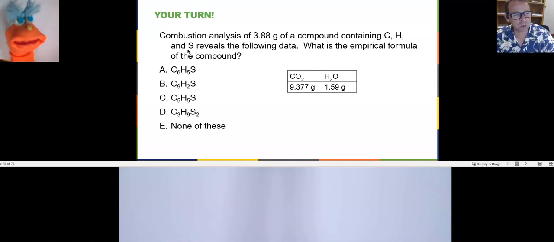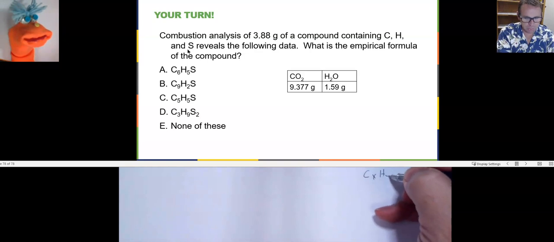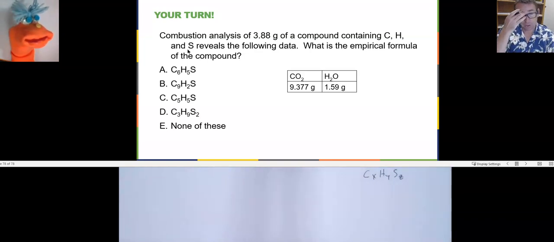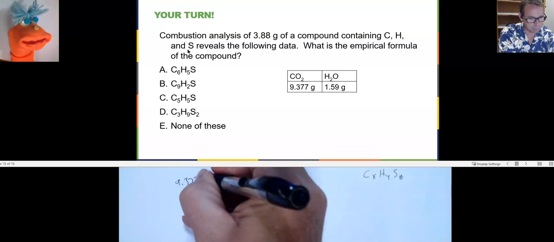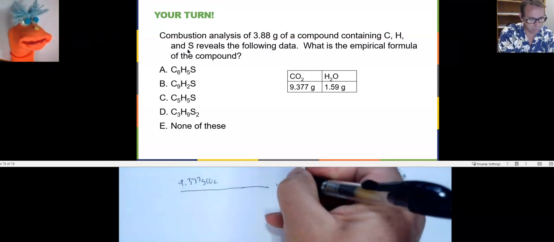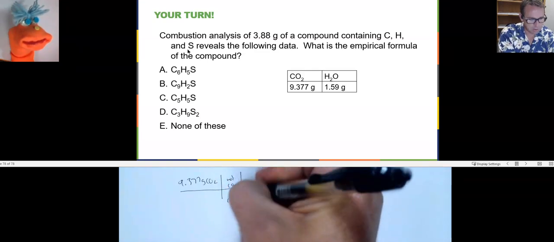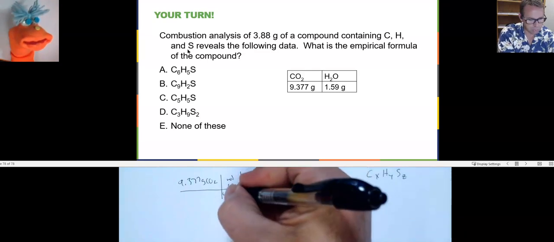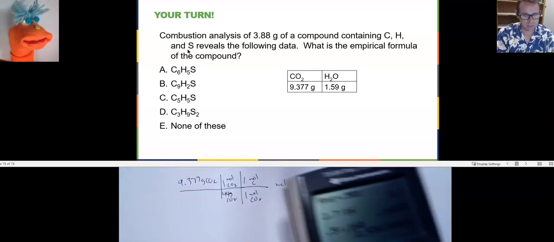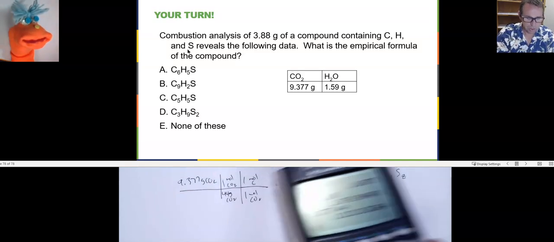We need to find moles of carbon and hydrogen and sulfur. That's right. We need our empirical formula, CxHySz. So start with grams of carbon dioxide and go to moles of carbon. Okay, so 9.377 grams of carbon dioxide, and I want to go to moles of carbon. I go from grams of carbon dioxide to moles of carbon dioxide, and then moles of carbon dioxide to moles of carbon, which is a 1-to-1 ratio, 44. So 9.377 divided by 44. 0.213